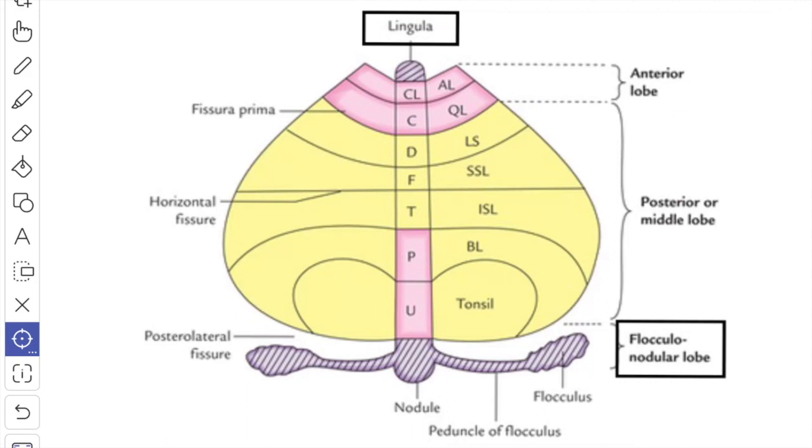Phylogenetically, it is the oldest part of the cerebellum, and the fishes and the lower amphibians possess only this component of the cerebellum. It consists of the flocculonodular lobe and the lingula. So the lingula and the flocculonodular lobe form the archicerebellum or vestibular cerebellum. The archicerebellum is chiefly vestibular in connection and it is concerned with the maintenance of equilibrium, tone and posture of the trunk muscles.